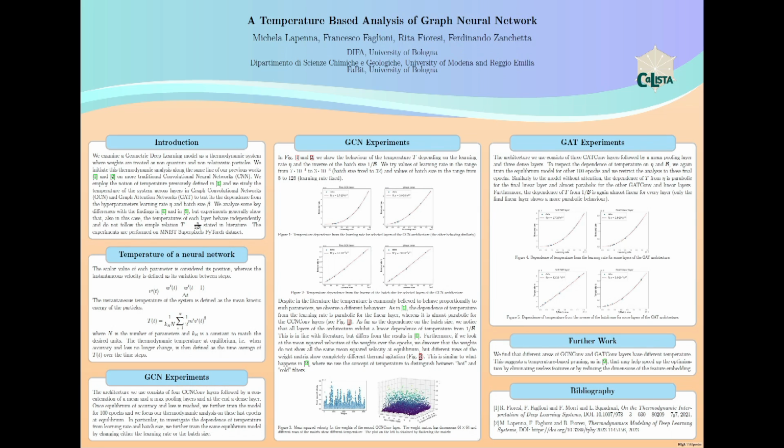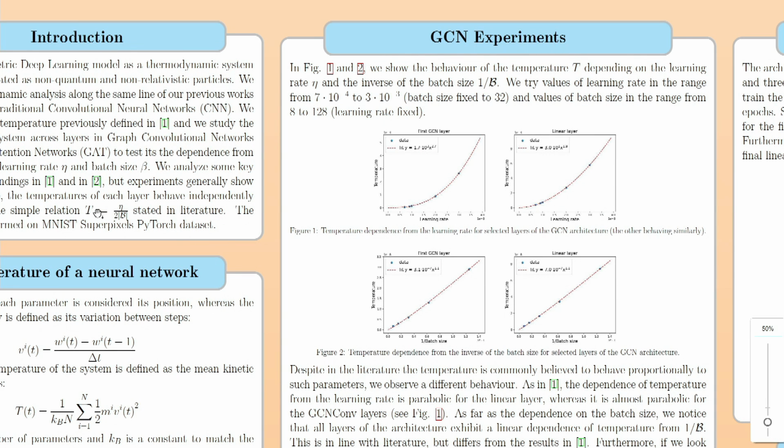Can you repeat it? You said that in the literature, I guess you're assuming some specific algorithm dependence on the learning rate, right? You mean how the gradient of the weights should depend on the learning rate? You mean this relation here, or what you were commenting on the right-hand side in the middle of your poster, so this dependence of your temperature on the learning rate? I'm not sure I got your question. So you were saying that in the literature it is known that this temperature should depend on the learning rate in a linear fashion.